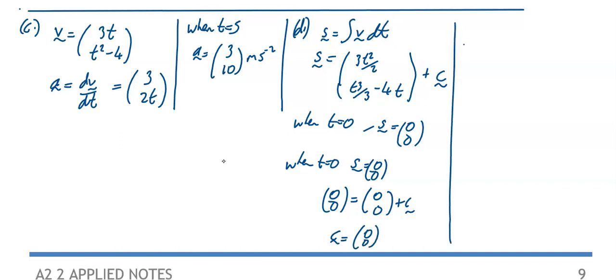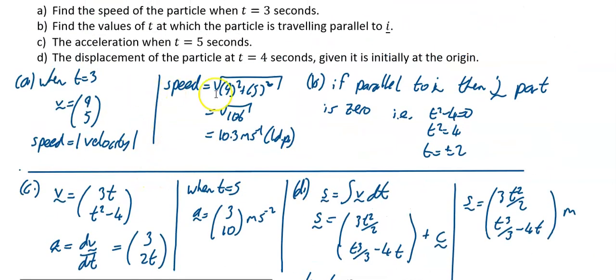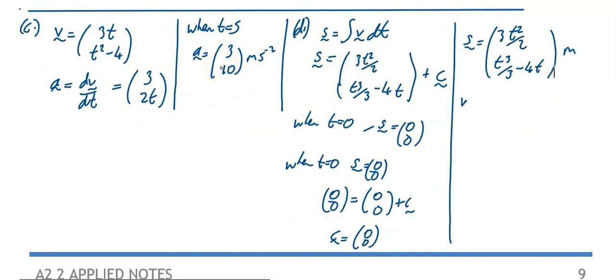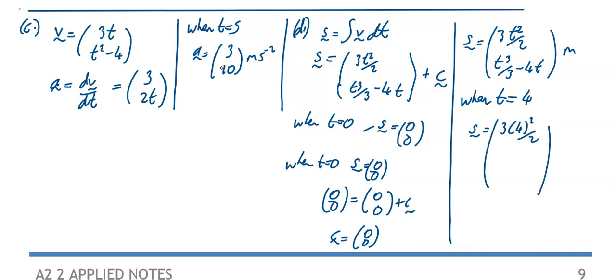So what we know then is your s is equal to 3t squared over 2, and then that's going to be t cubed over 3 minus 4t as a column vector. That's how we get our displacement. And what we needed to find, I've forgotten, was our displacement when t is equal to 4. So a wee word just to make things quite clear, just say when t is equal to 4, your displacement is going to be equal to 3 times 4 squared divided by 2. That's in the first row of your column, and then it's going to be 4 cubed divided by 3 minus 4 times the 4, and I'll just work out what they are,